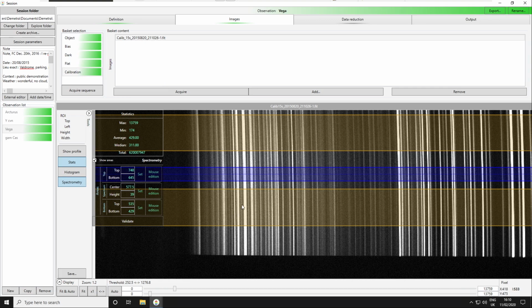Okay. Well, that's it. So you have to choose the exposure time in order to have enough signal to make sure that Demetra will be able to recognize all these lines. Okay. In this case, this is a 15 seconds exposure time, and we have taken here only one calibration image.